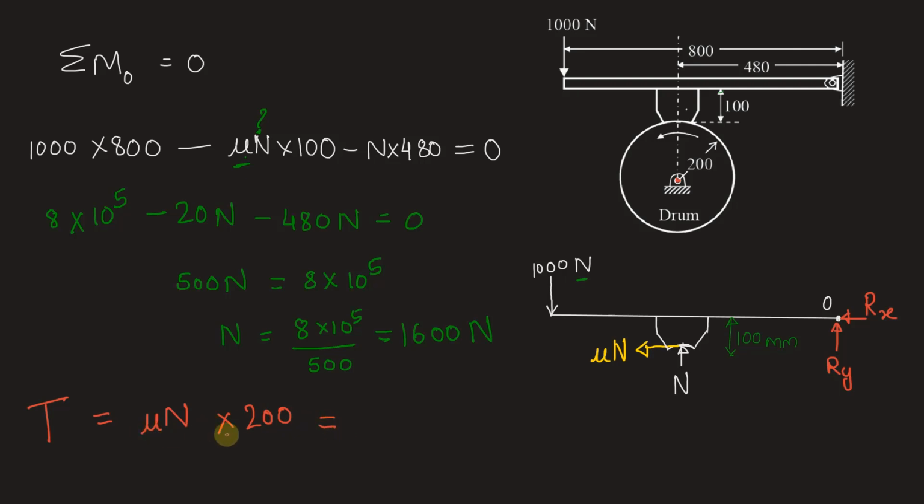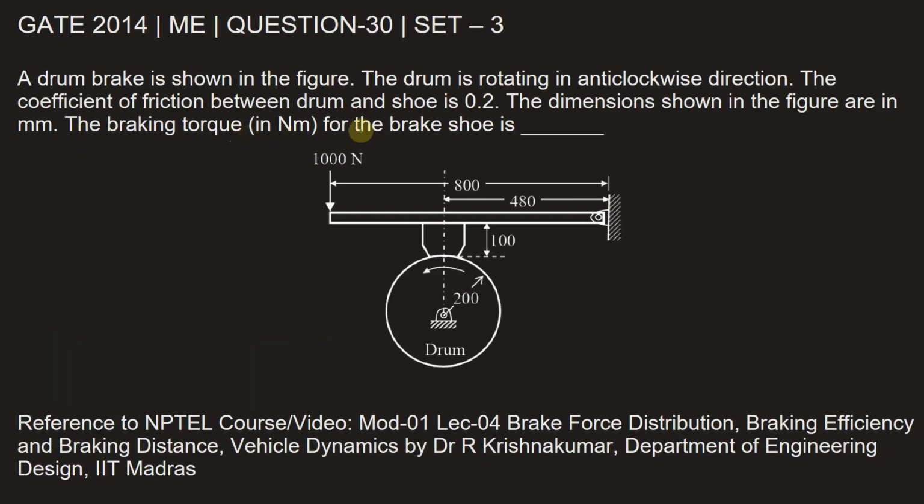We get mu is 0.2. So let's substitute 0.2 into 1600 into 200. This is calculated as 64,000 Newton millimeters. Because N was in Newton, this will be Newton, and R was in millimeters, so we have written millimeters. We need to convert this to Newton meter because we need to fill in the answer in Newton meter. This will be equal to 64,000 divided by 1000, which is 64 Newton meter. Let's go back and fill in the answer. Braking torque for the brake shoe is 64